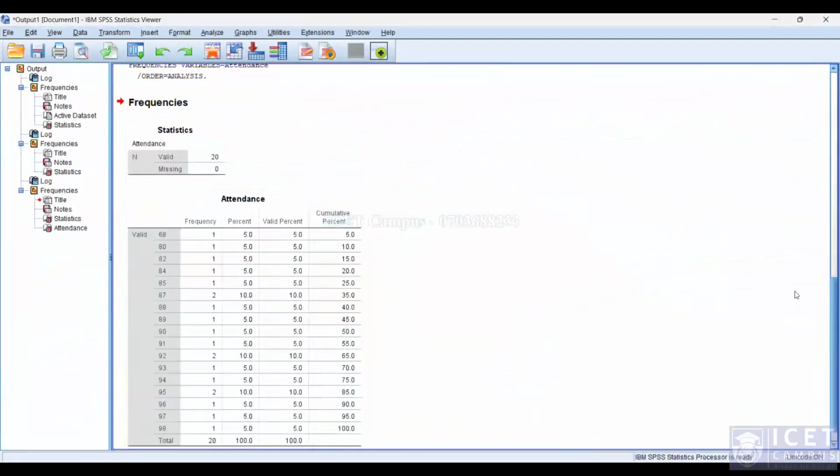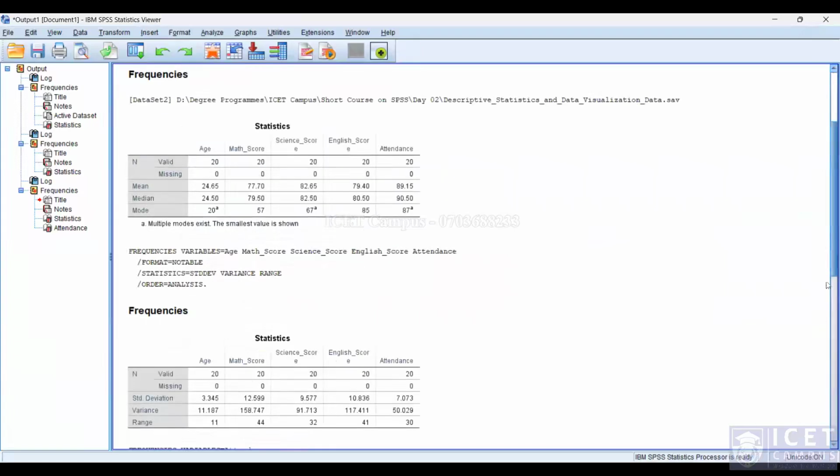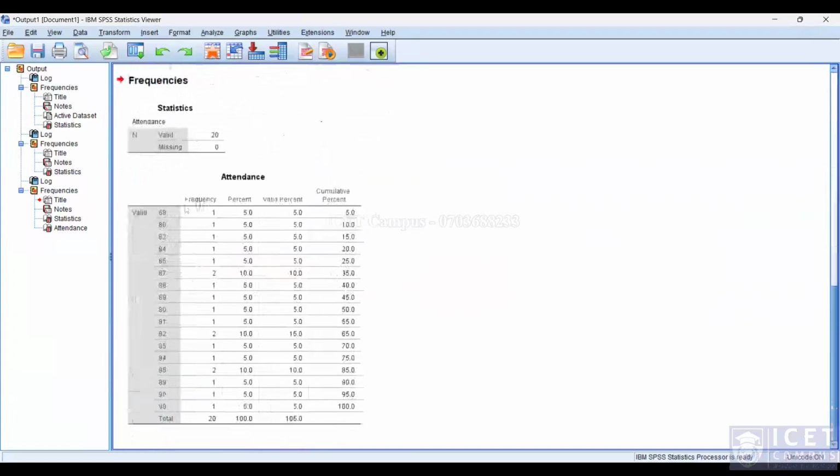There are 20 inputs here. We can see the frequencies, 68, 1, 81. Likewise, we can create a frequency table. But once we think about a frequency table, we are always thinking about a table with